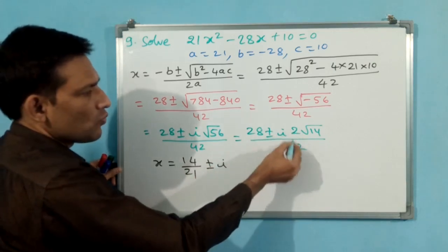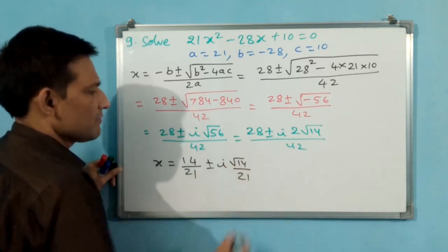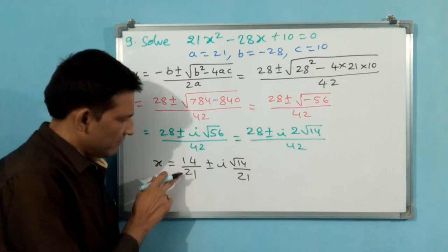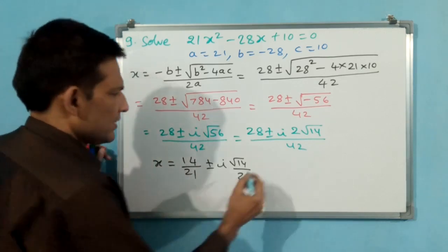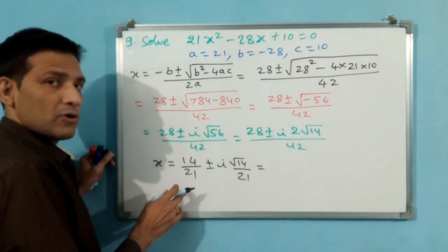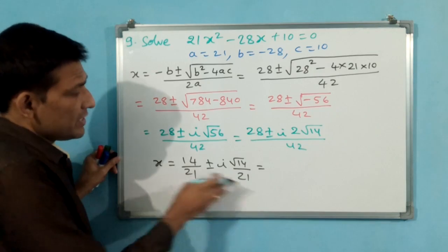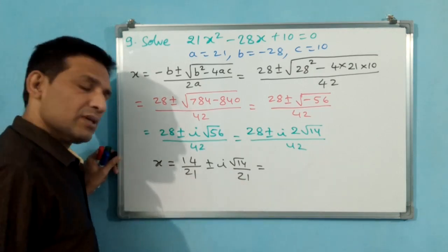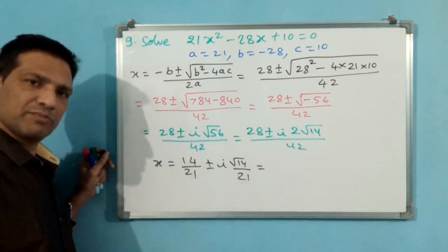Why? Because root 14 will be like that only. 21. You see, even further 7 2s, 7 3s also you can do. There is no wrong. There is no condition that both denominators you should keep the same. Here both numbers may change also. You have already changed. Ratios also you can change. Denominator also you need not keep the same.